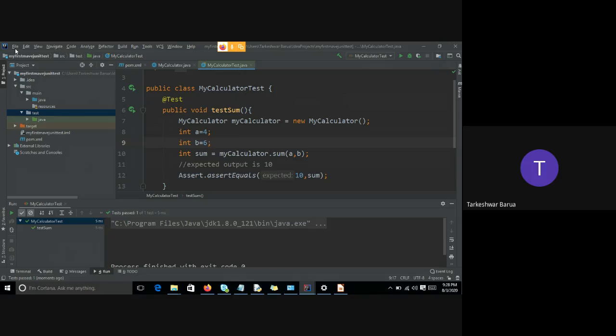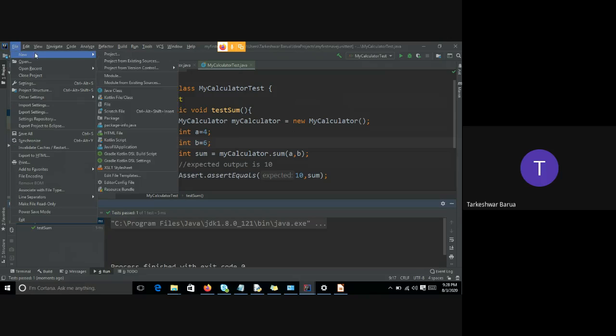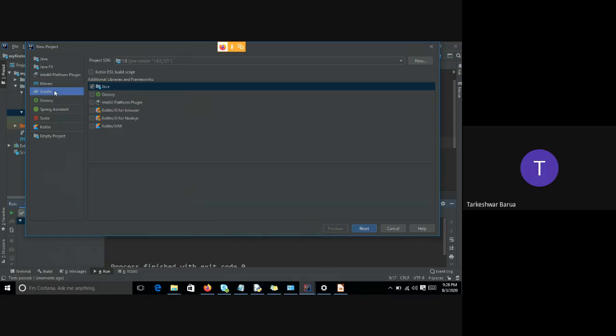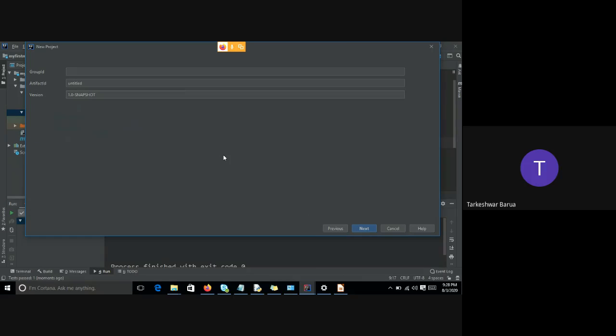The same program I am going to write with the help of Gradle. Gradle is a very good approach for writing code. It's a fast builder. Even in the next upcoming module, you will learn Android code, how to program an Android application.